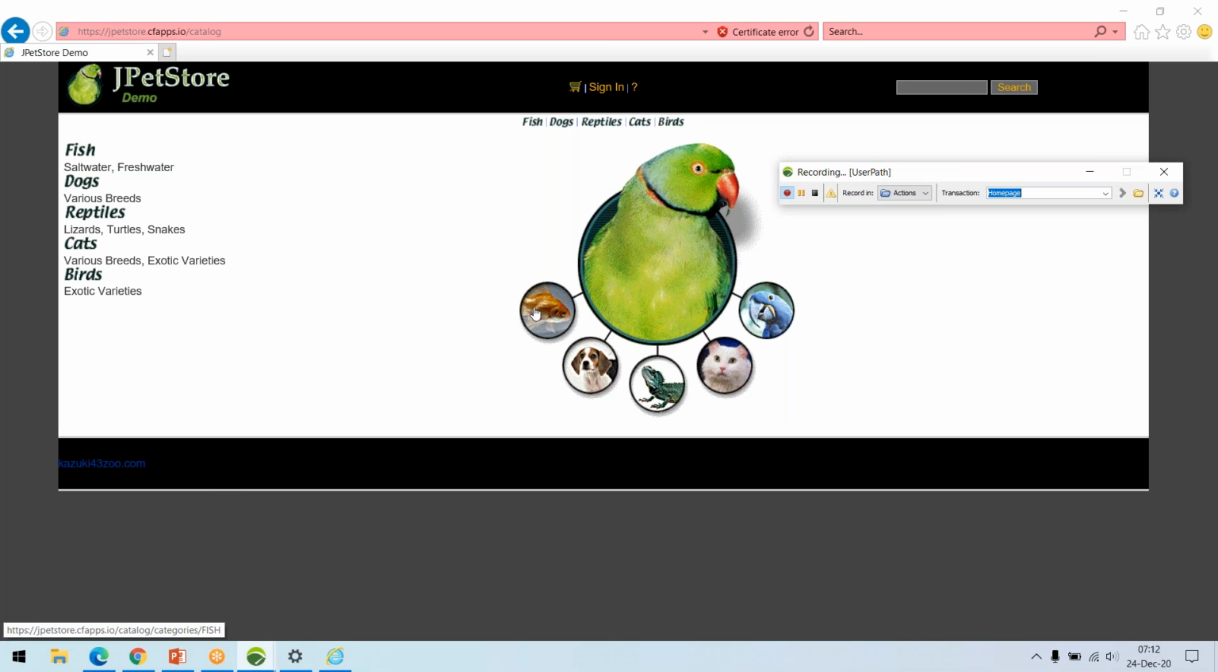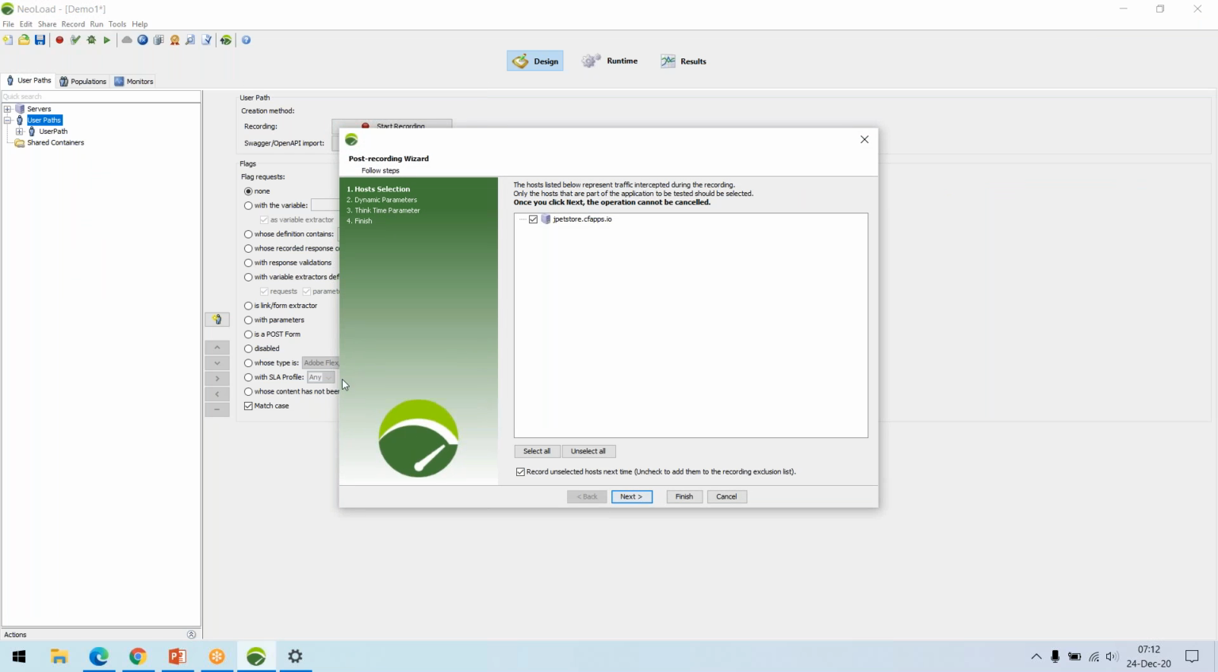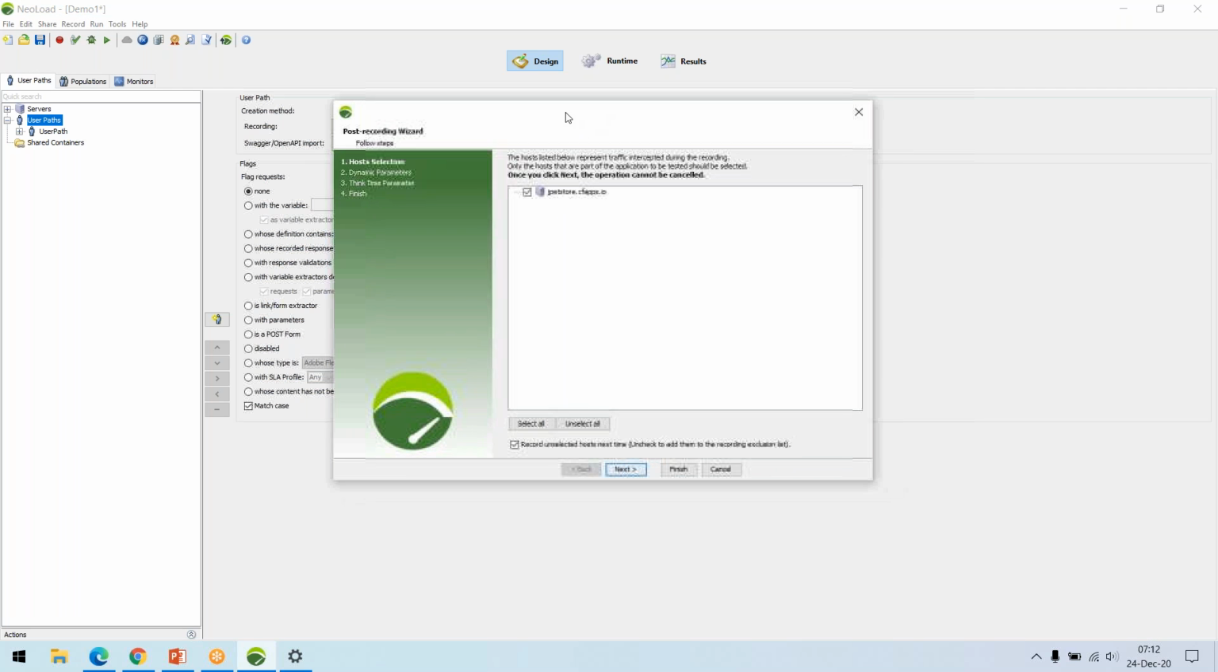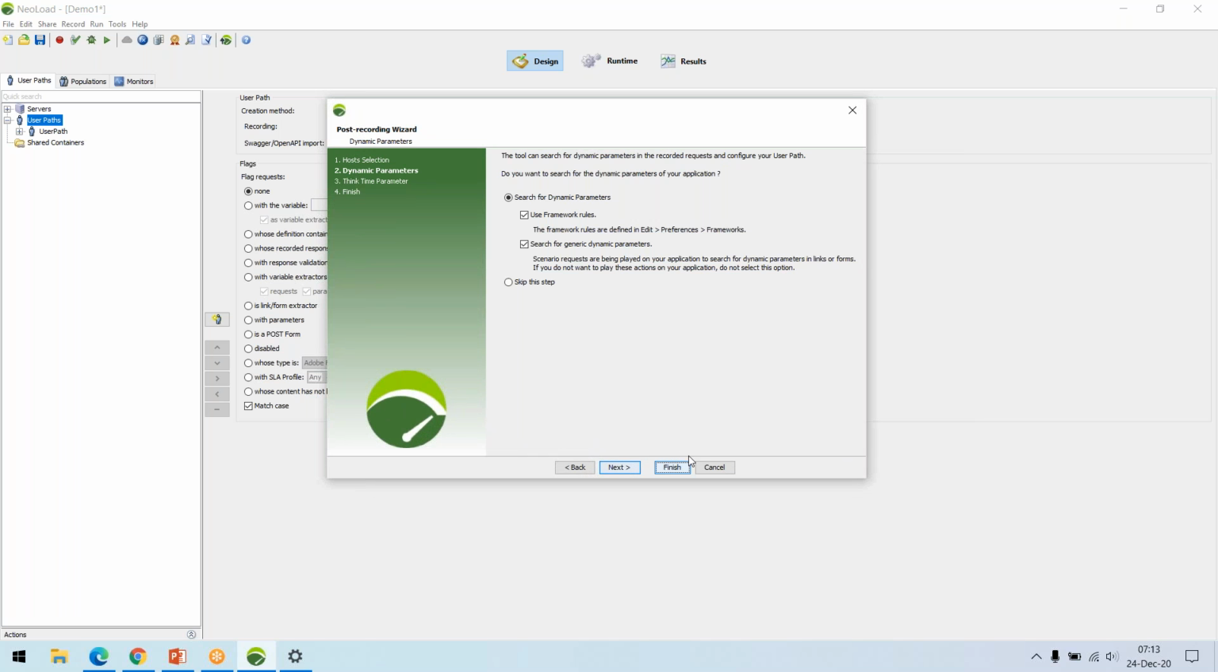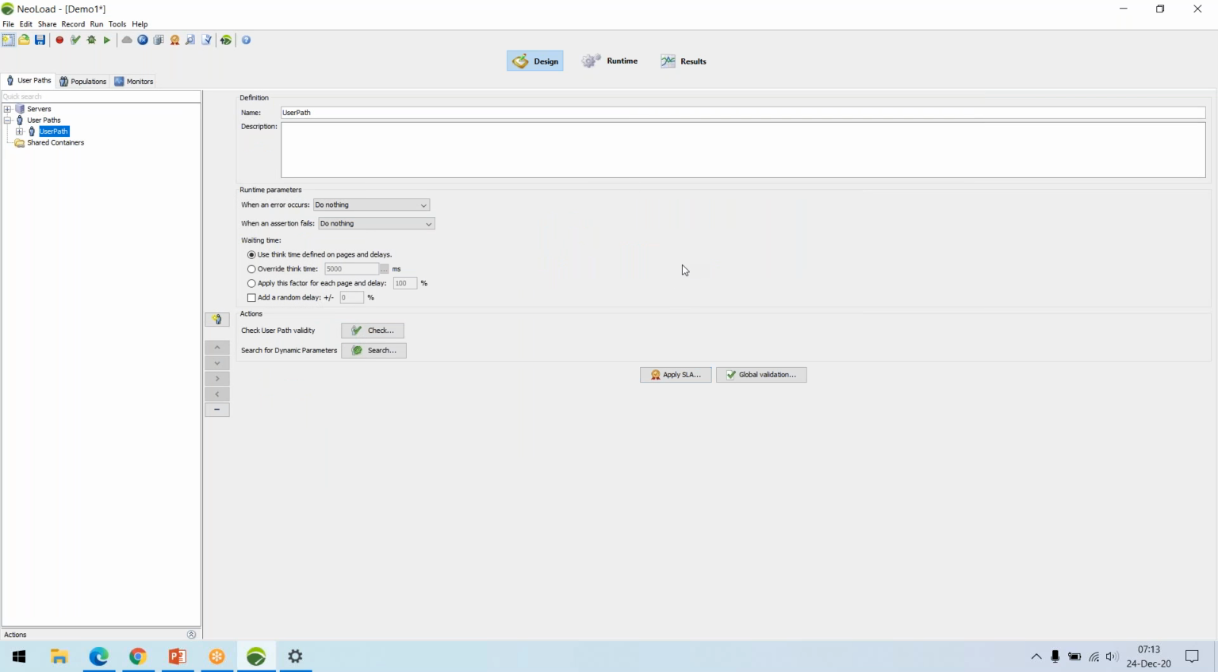Now let's assume this is the workflow that we have, and I'm just going to simply stop the recording. This will open up the post recording wizard, which again we will look at in a later part of the session. For now, I'm just going to go ahead and click finish. And if we expand these